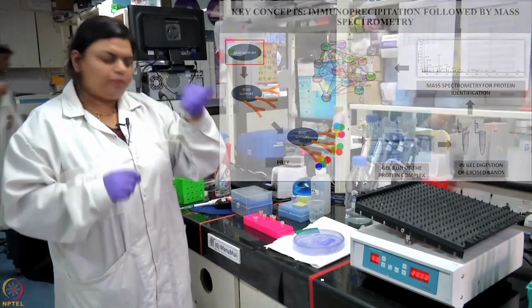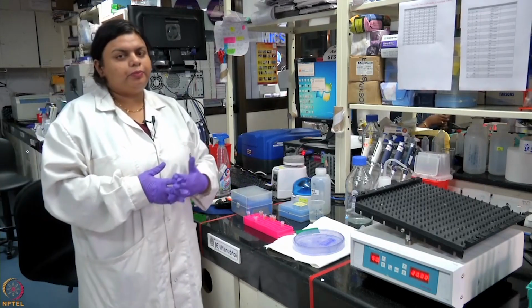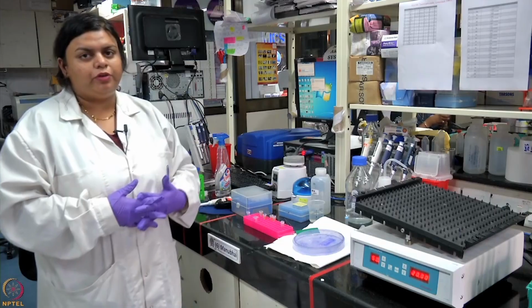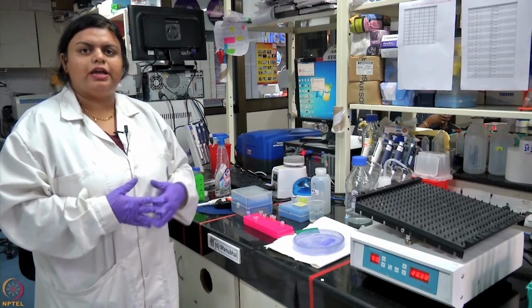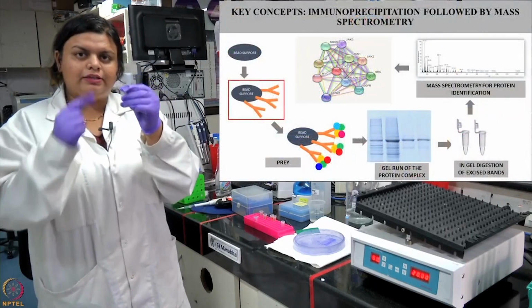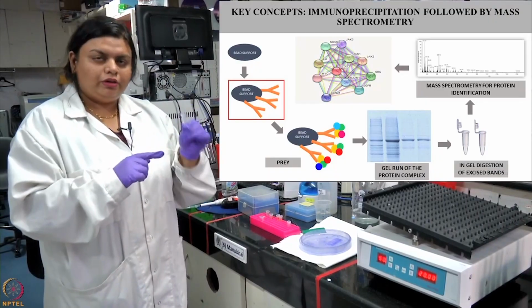So this is protein A or protein G beads you can take. Basically, the protein A beads have the protein A, which is derived from bacteria, and it is highly specific and binds to the Fc region of the antibody. In that way, we will conjugate the antibody of interest with the bead that is present in your tube.